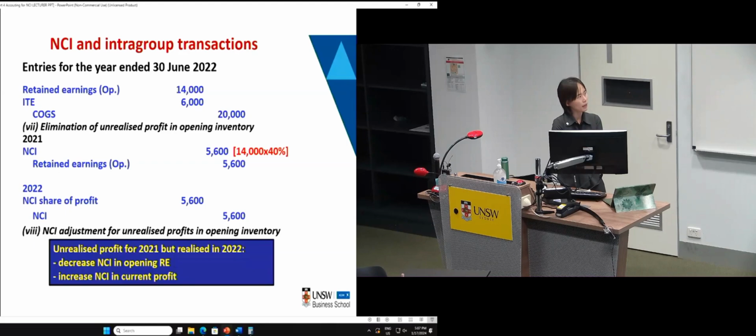But do you need an NCI adjustment? Not anymore. If the unrealized profit is initially recorded by the parent entity, the parent is considered the seller, then you only need to prepare the elimination entry to remove the effect of the intragroup transaction. No NCI. The elimination entries here affect the parent's equity balance rather than the subsidiary's. Then no NCI adjustment is required.